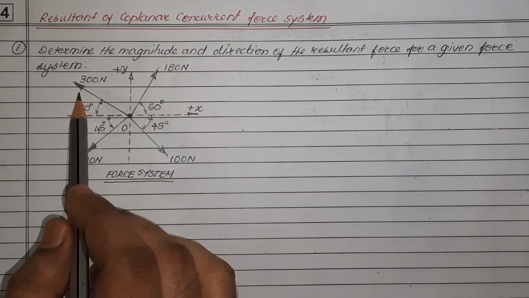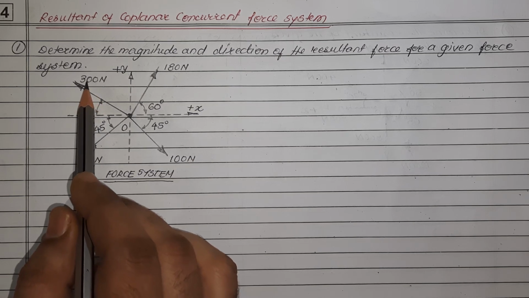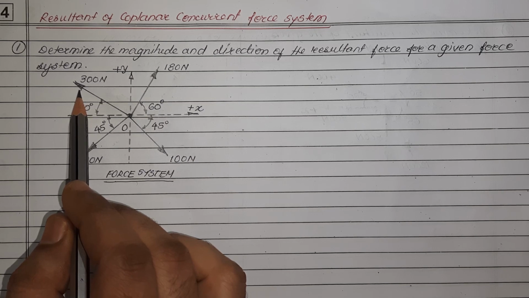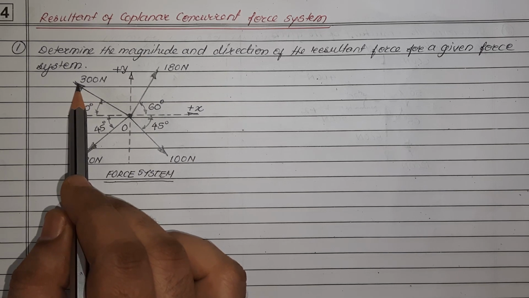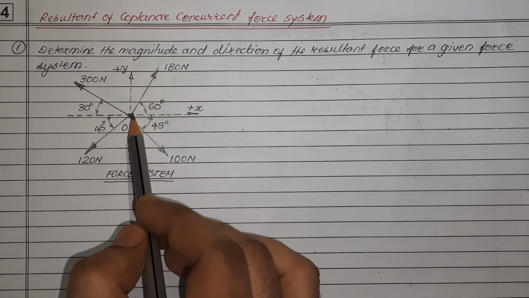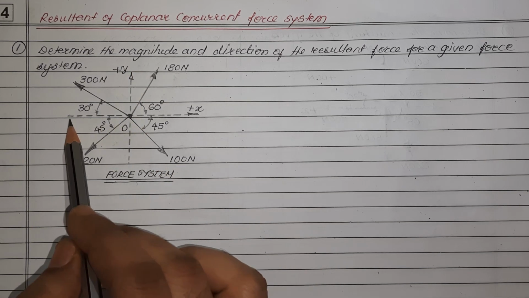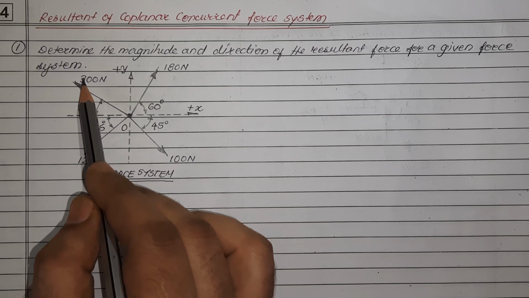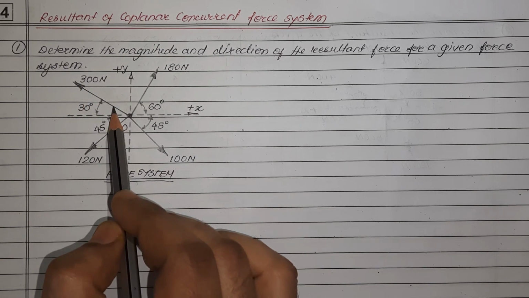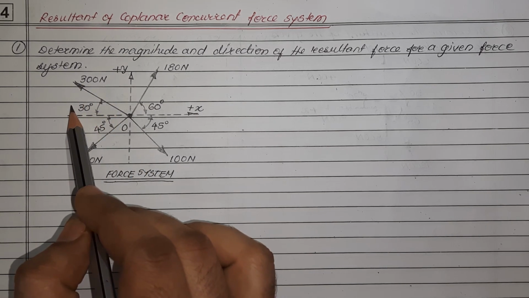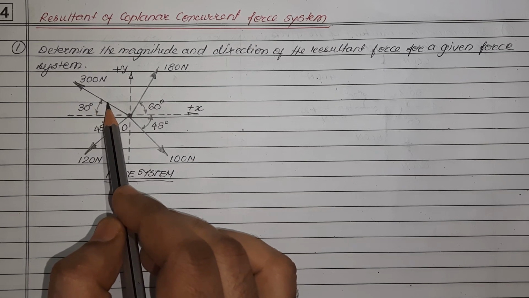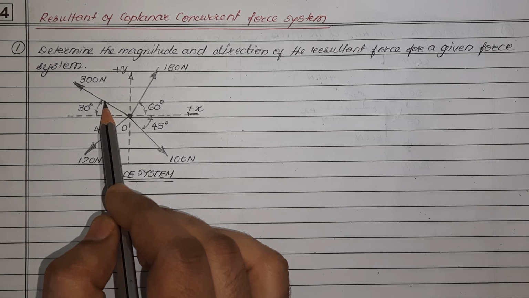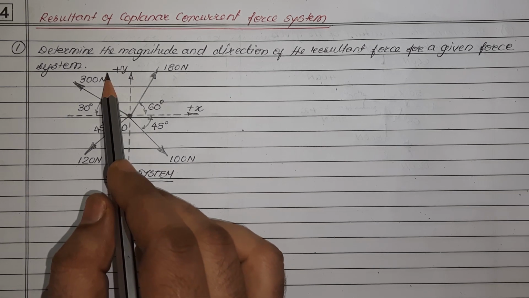Observe the second force. This is 300 Newton, which has its arrowhead going away from the origin. Hence, this can be said to be placed in its correct quadrant. This is positive y, this is going to be negative x. So, this is the second quadrant. This force is said to be acting up to the left. Hence, its x component will be leftward, that is negative, and its y component will be positive, which will be upward.